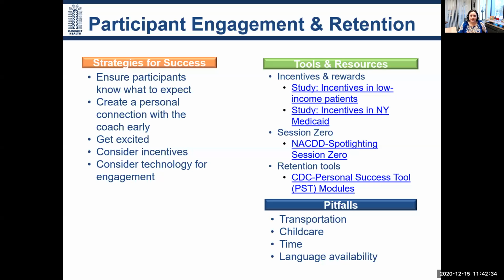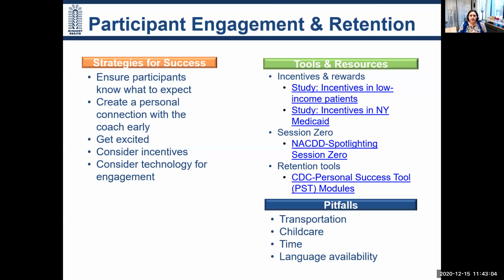People have competing priorities, and so it can be difficult to engage people and to retain them for the full curriculum. But there are some things that you really want to do. Definitely create a personal connection, provide the services in the language, as we mentioned earlier, create excitement around the program. If you find somebody who's at risk and they can partner up with a family member who's also at risk or a neighbor, and you have two people participating, that might motivate them both to come as opposed to one person who's doing this by themselves.